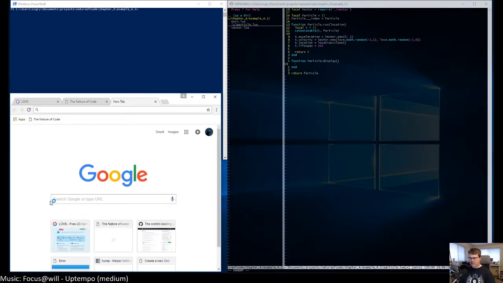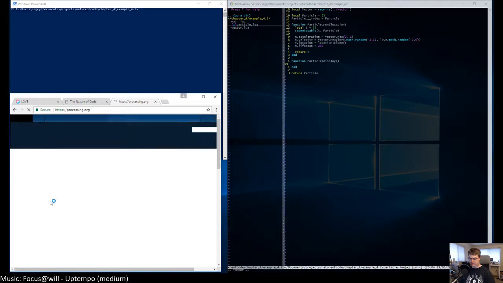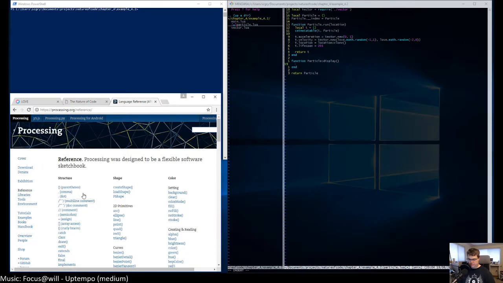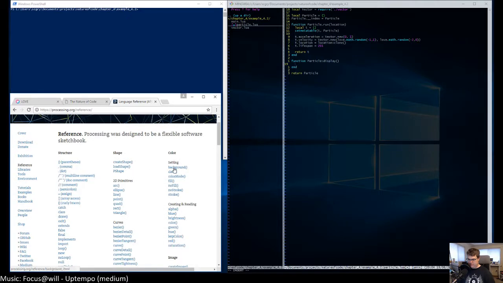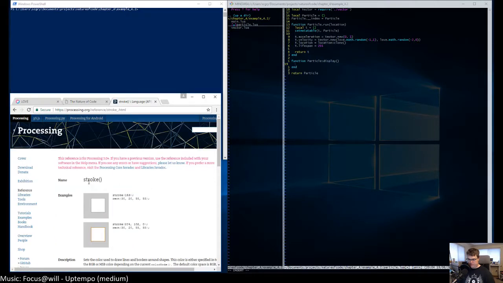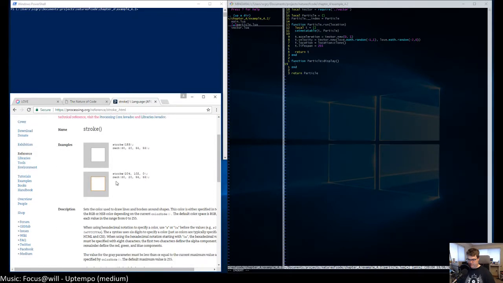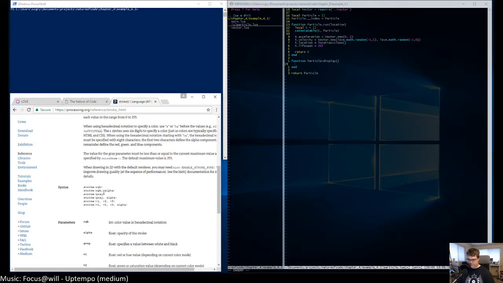Look up what Processing does with that. Interesting.